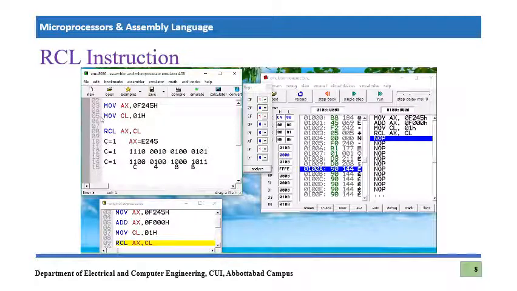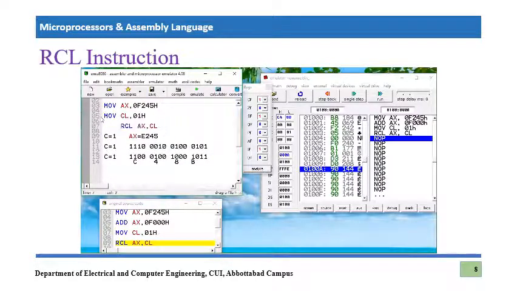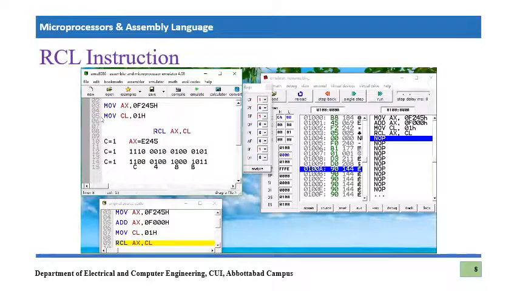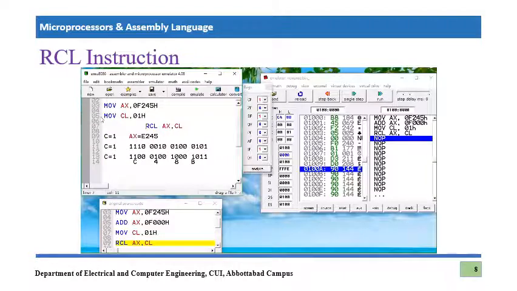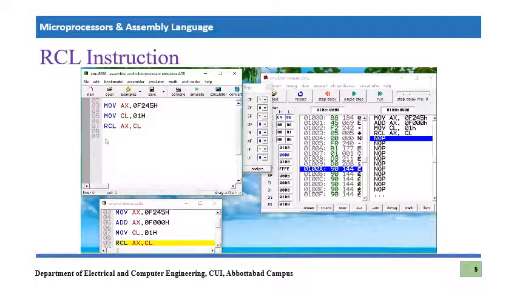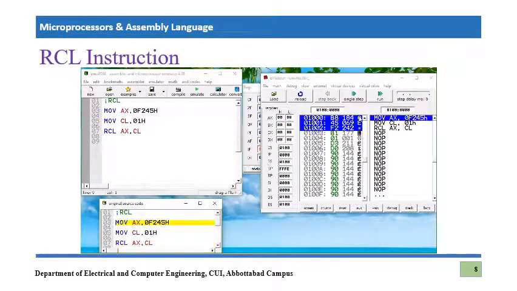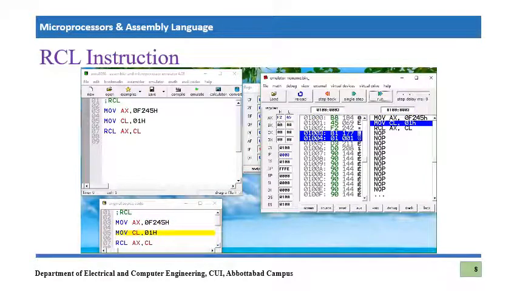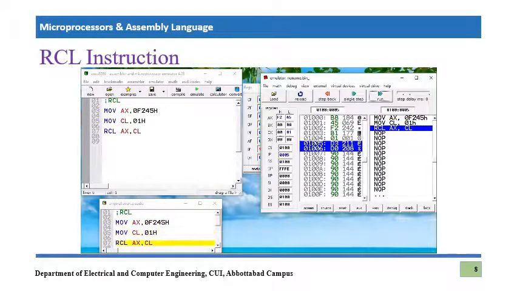Okay, I'm just doing this calculation, but this time I'm not going to perform any addition, so there won't be any carry in advance. So let's see what is going to happen. I'm deleting it, right? So let's emulate this program. Okay, single step, F245 is loaded, another single step, CX is equal to 1,